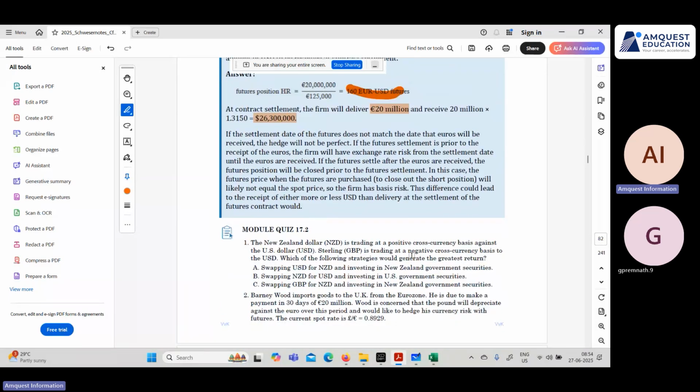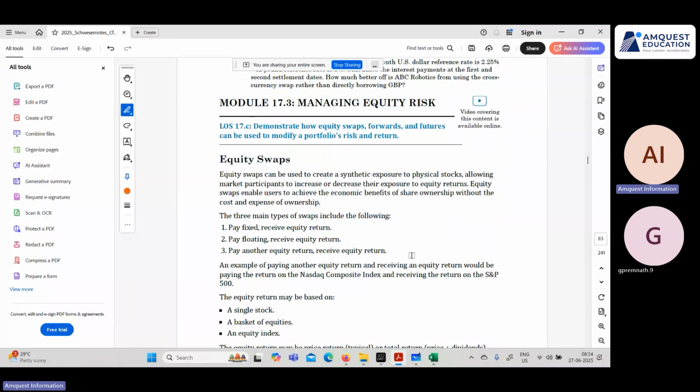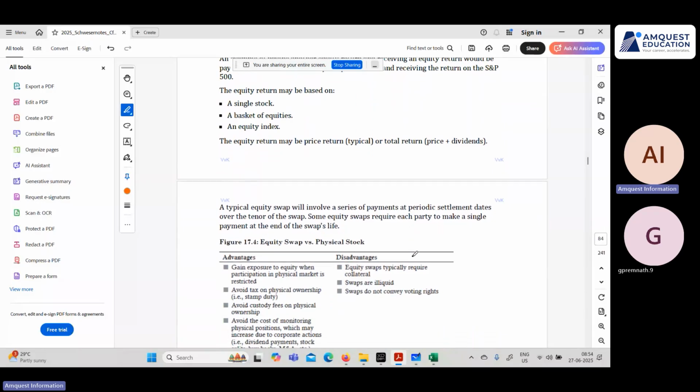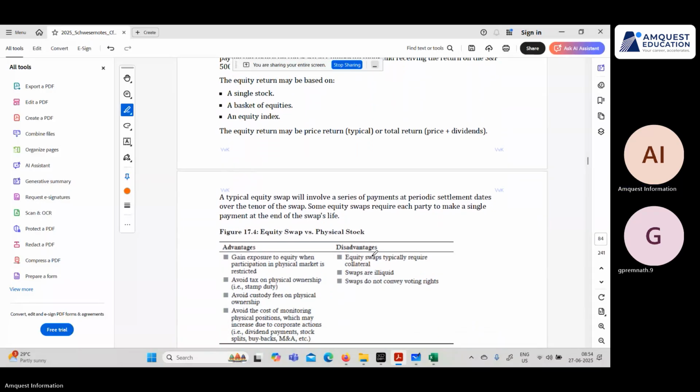One thing they mention is, let's say I get into an equity swap versus physically owning a stock. What are the different advantages? Are these swaps standardized or OTC? Swaps are OTC products. I see. And there's a risk of default, is it? 100%. Right. Again, the swaps could be standardized only if